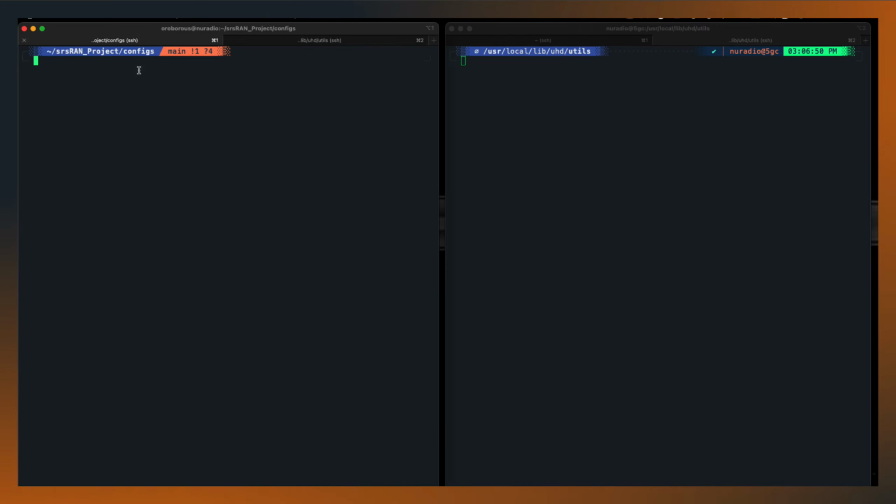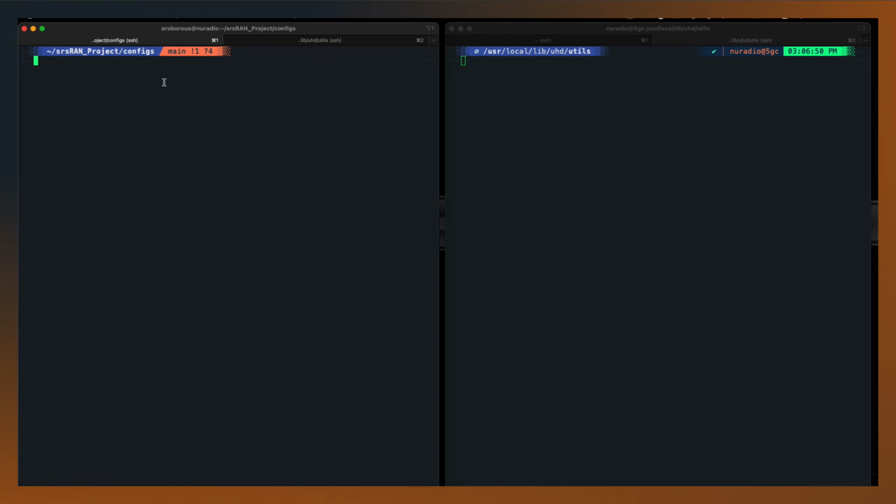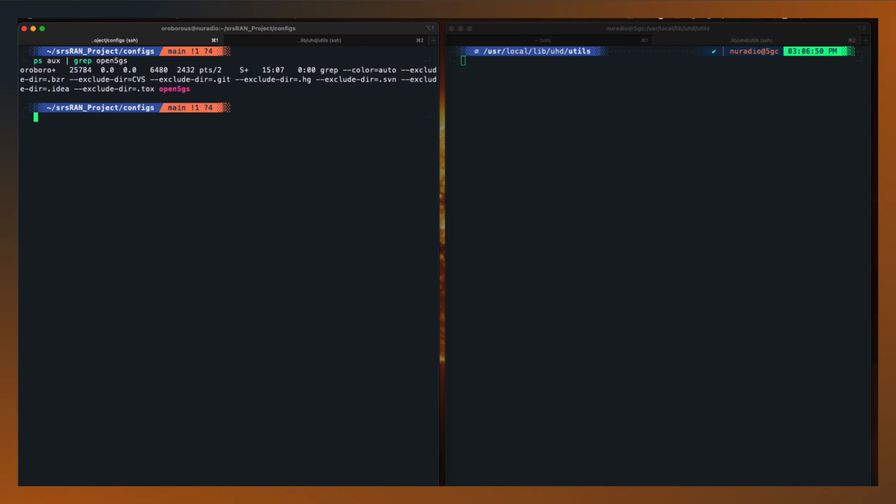So next, I can just check to see if my 5G core is running. So on the core side on the left, I'm going to do just a ps | grep open5gs to see if it's running. Nothing's running there. I've created a